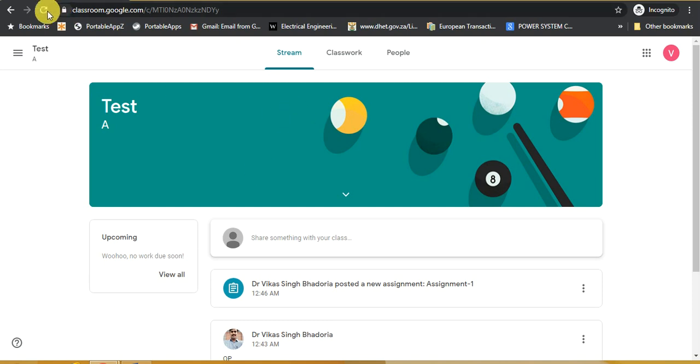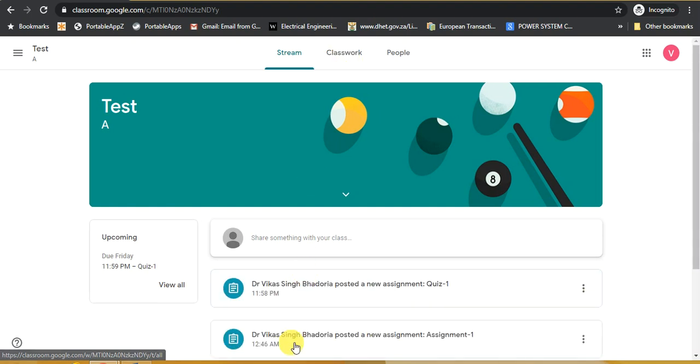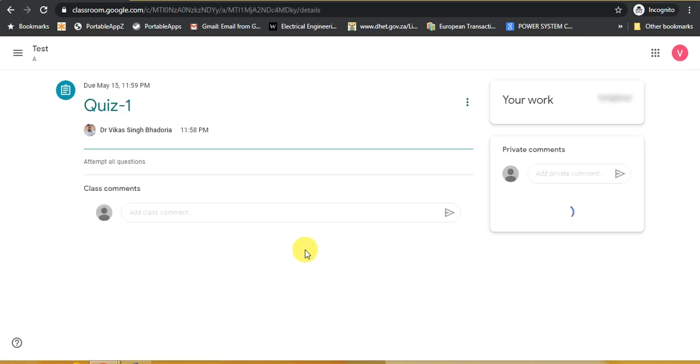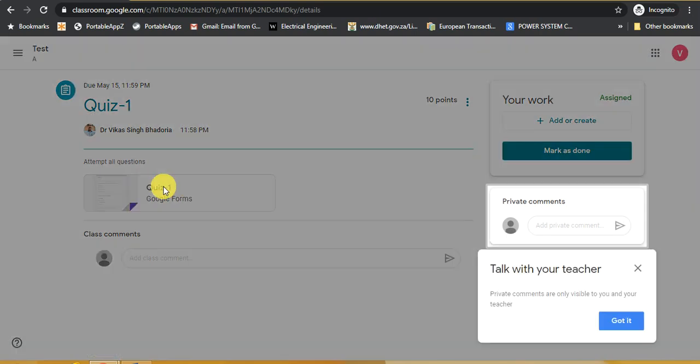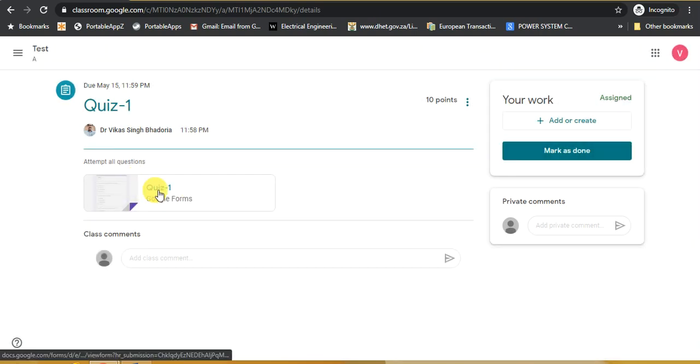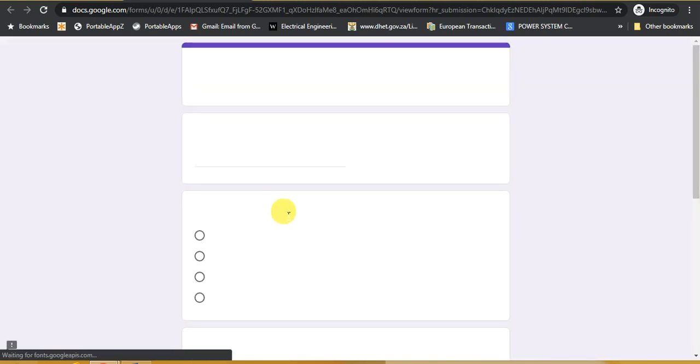Now let's move to the student section. So this is the student section. In this, you will be able to see that assignment. This one, posted a new assignment, Quiz 1. Whenever you click this, you will see Quiz 1. Now a Google Form will open.